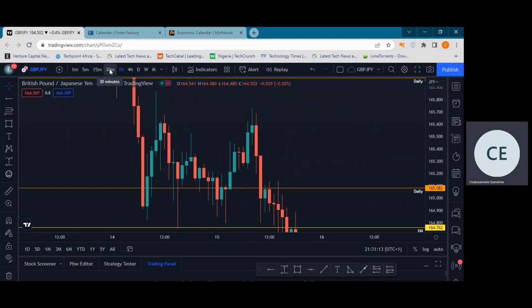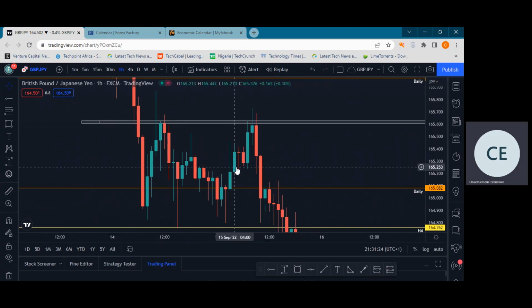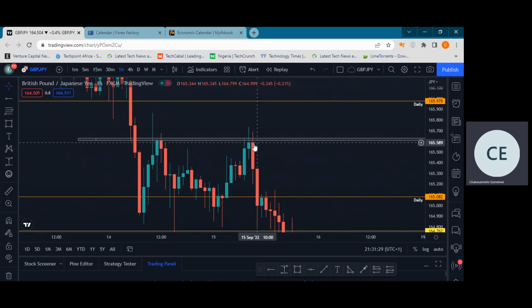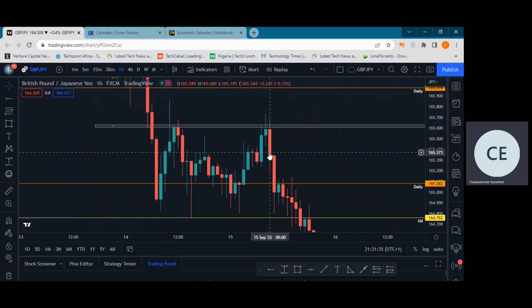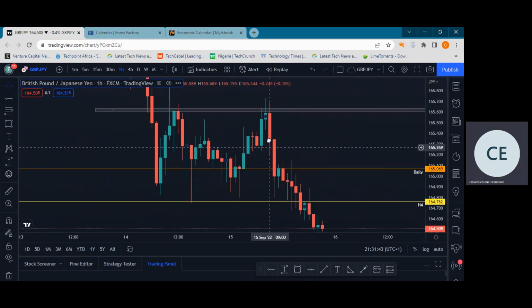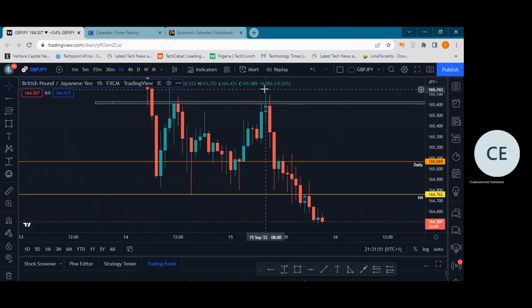So what we'll typically look at, although you could say that this was a rejection, there was a zone here on the 1 hour, right? So we're obviously looking for a resistance to go down to continue the overall trend, right? So as this candle closed strong bearish, you are looking for a continuation to fill the daily wick. The previous daily wick was here.